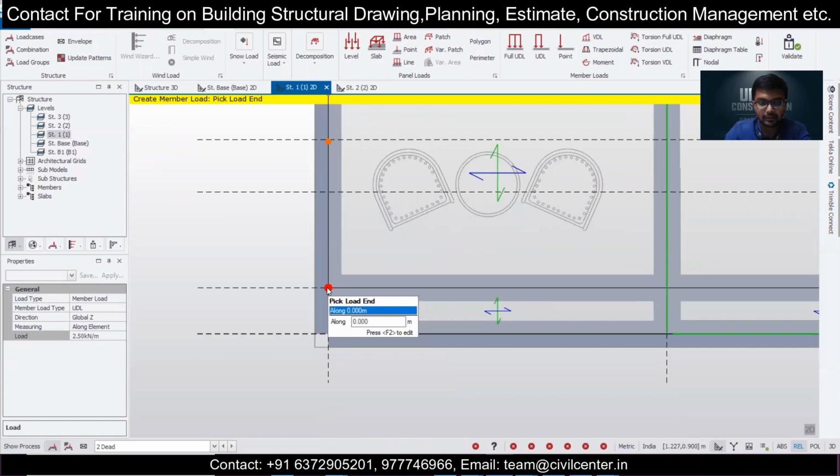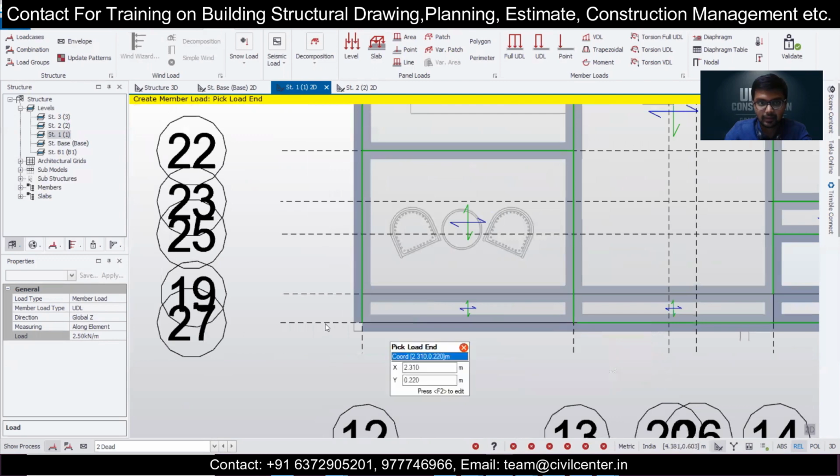Okay, let's do that. And in this portion we can apply the full UDL anyway. So select like this and UDL.